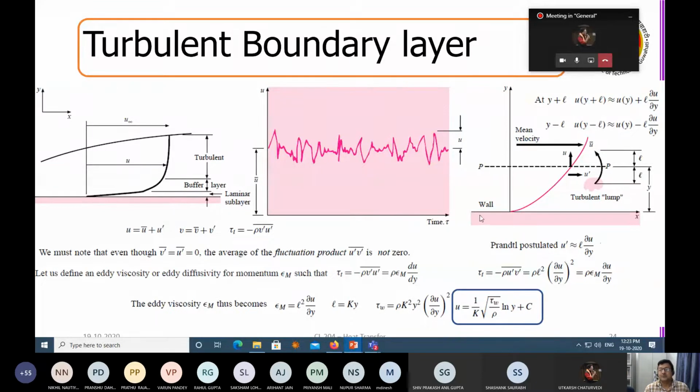Now, what was the first proposition? Because turbulent boundary layer, again, is very difficult. Even you do not set up equations. For a turbulent boundary layer, you do not have a governing equation. It is an entirely stochastic process. It is very random and stochastic. Whatever you have, it is shown here. This is a very isotropic situation.